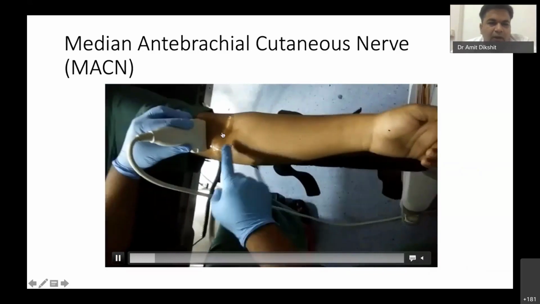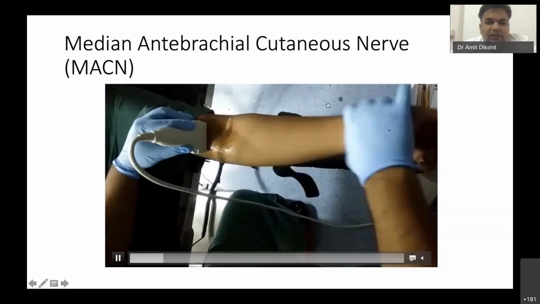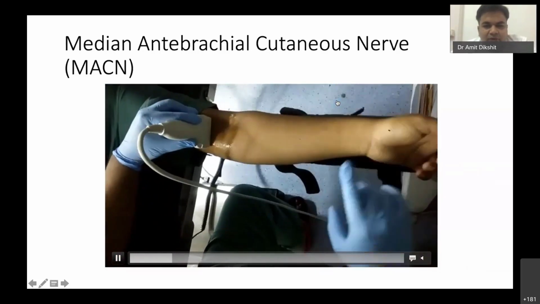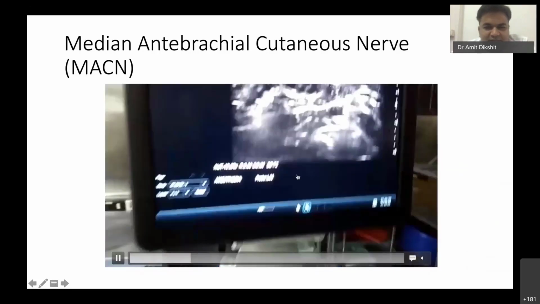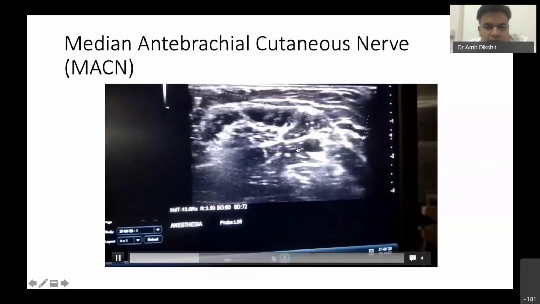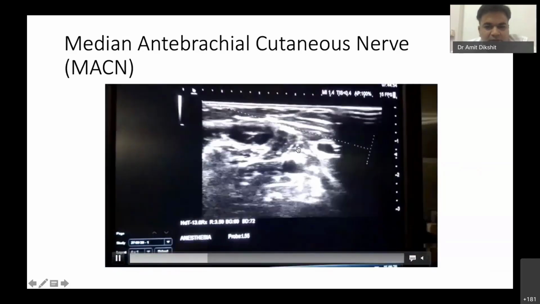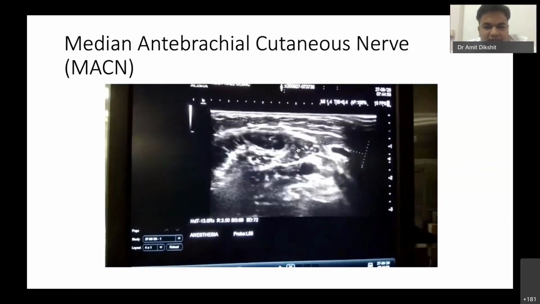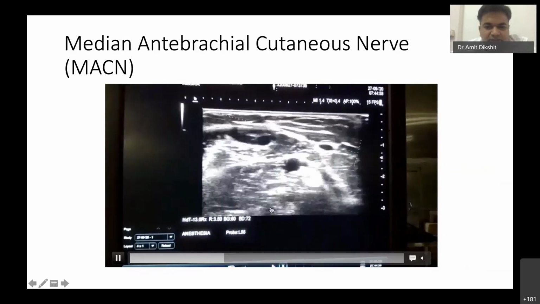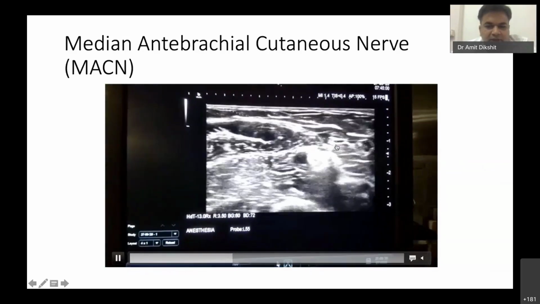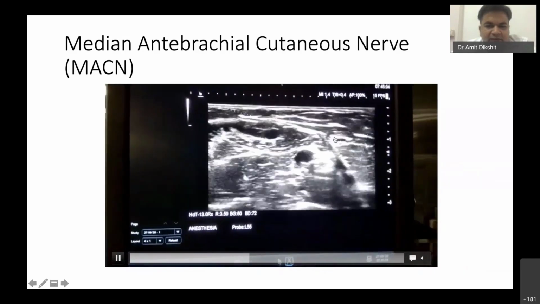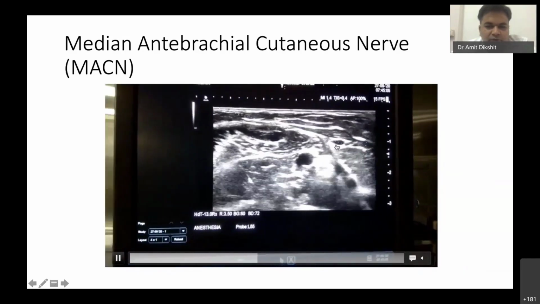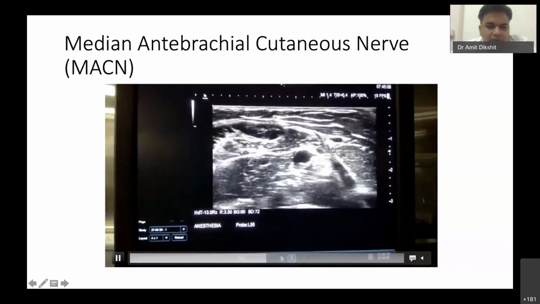Above the elbow, we can see the artery, and then we can also see the basilic vein, and just by the side of the basilic vein, here again you can see the vein is getting compressed. So this is the basilic vein which is getting compressed, and that's the artery. As we identify the basilic vein just by the side of the artery, usually the block medial to the artery is done.